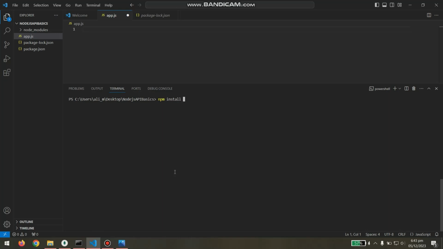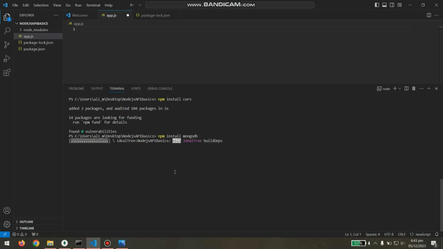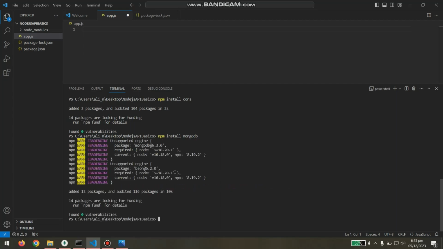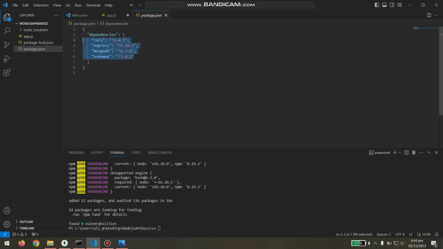Then npm install cors, and why we will use cors I'll tell you later. Then npm install mongodb. Based on the quality of the internet it could take time, so we are going to check whether everything is working fine or not. You can see from package.json that these have been successfully incorporated: mongodb, express and